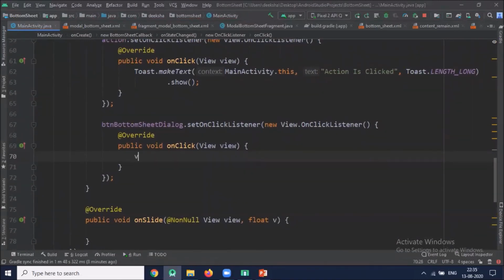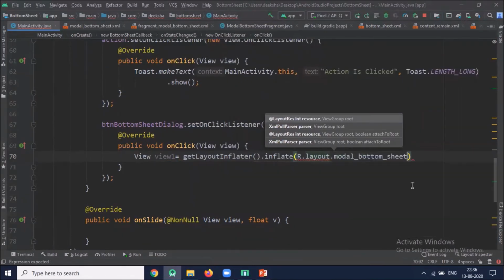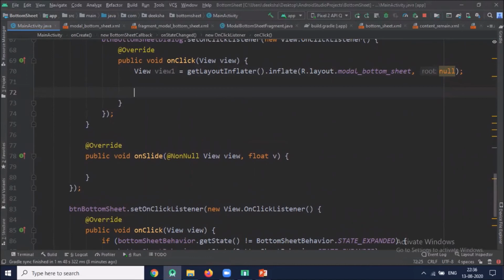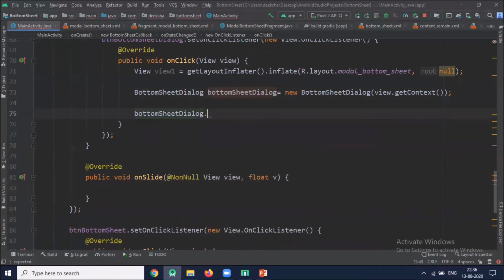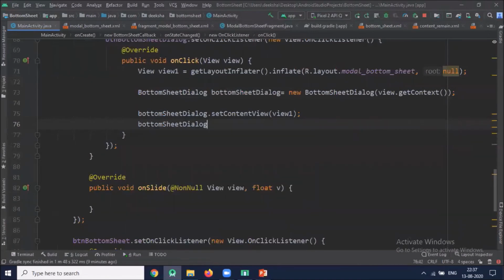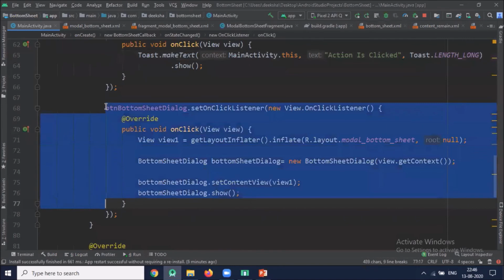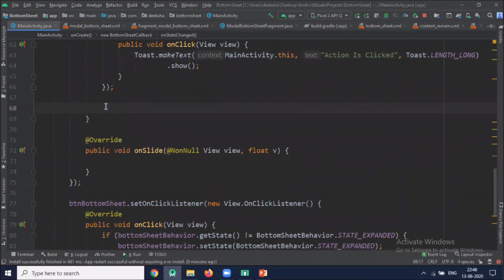First we inflate our layout. By mistake, I wrote the code in wrong place, so cut this piece of code and place it inside the onCreate method.